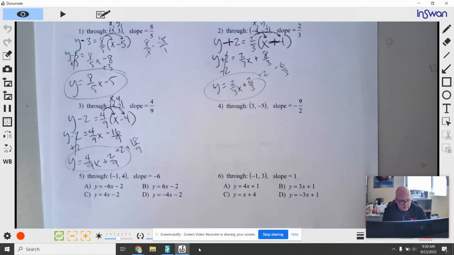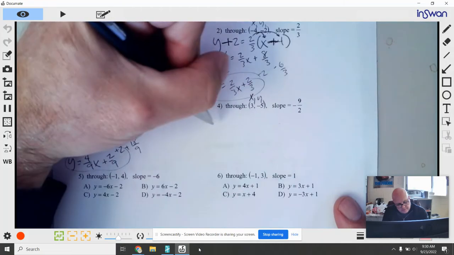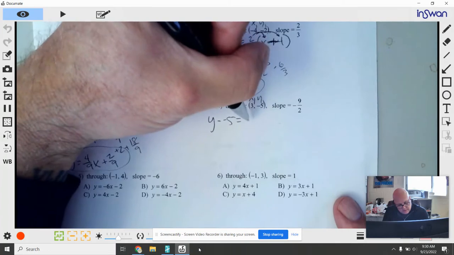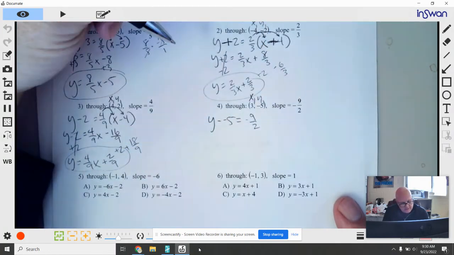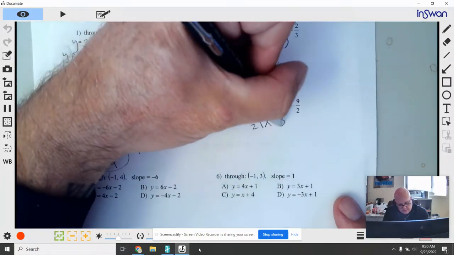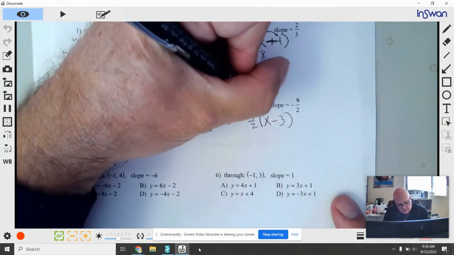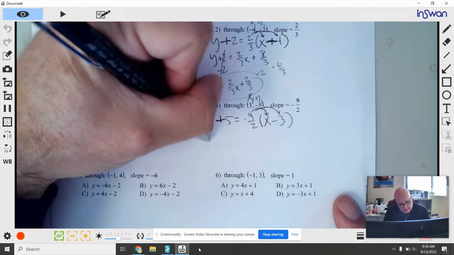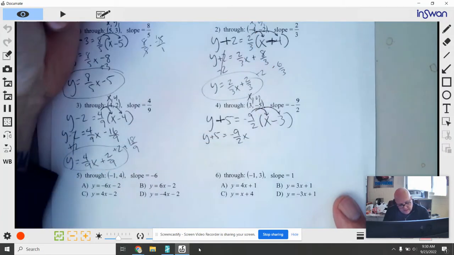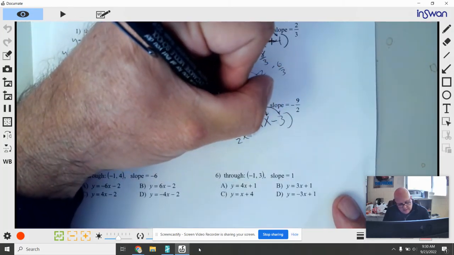Okay, last one together, number 4. Starting off, x sub 1, y sub 1. So y minus negative 5 equals, my slope is negative 9/2 times the quantity x minus x sub 1, which is 3. Okay, so I'm going to change that to a positive. We're going to distribute this. y plus 5 will drop down. Negative 9/2 times x, negative 9/2 x. Negative 9/2 times negative 3. That's going to be a positive